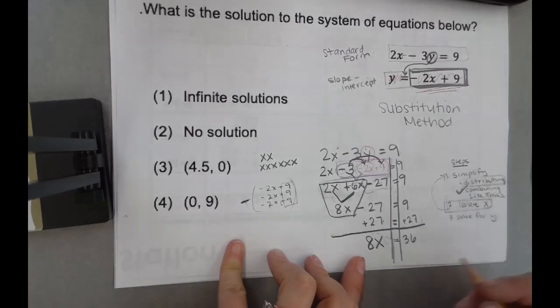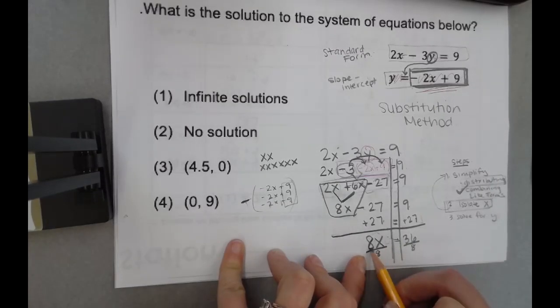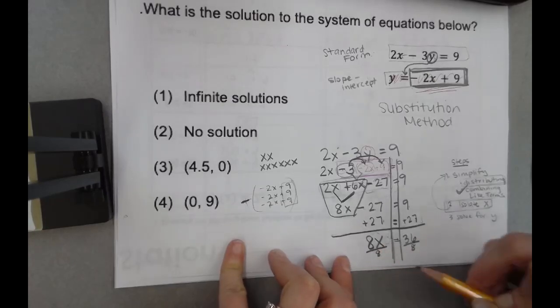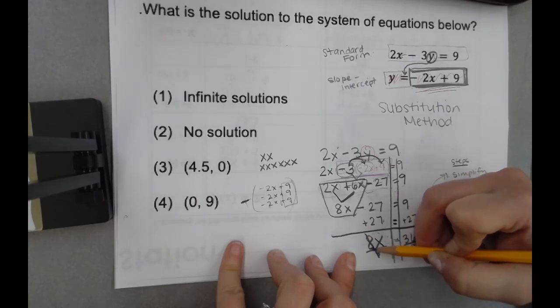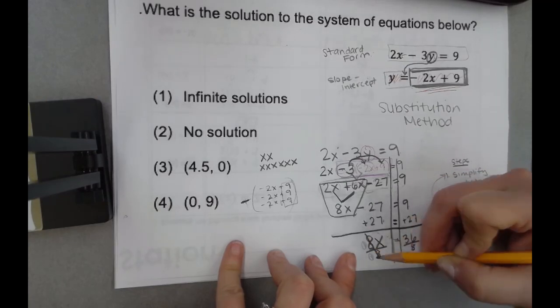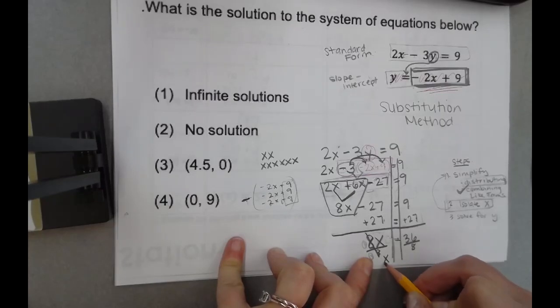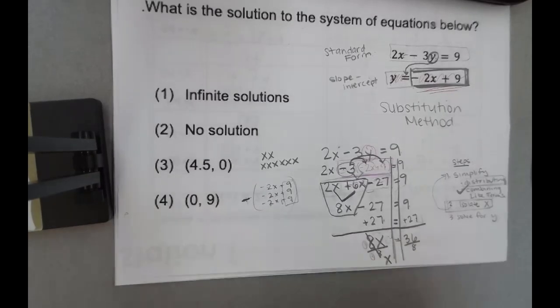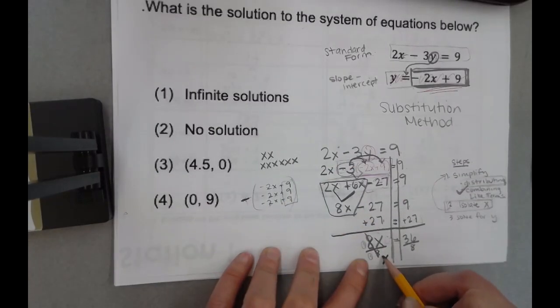And the last step, always, always, always, is to divide by the coefficient, the number that is in front of our variable. Dividing by 8 turns this into 1. 8 divided by 8 is 1 over 1. We're left with 1x. We're not getting rid of that x. We're getting rid of the 8s. We're shrinking this whole entire problem down by 8 so that we can just figure out what